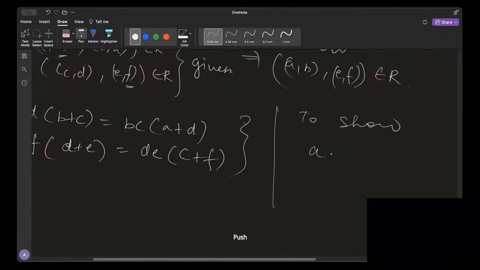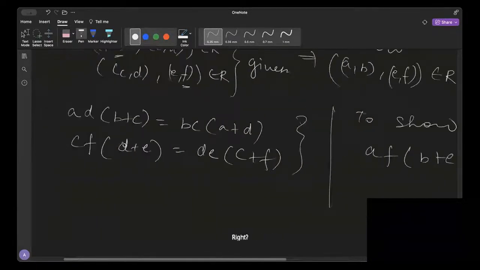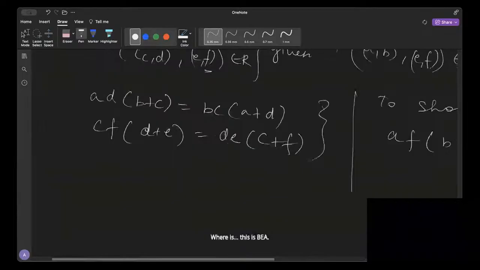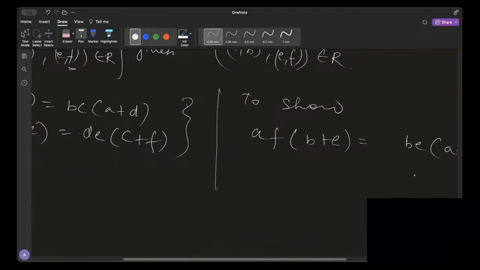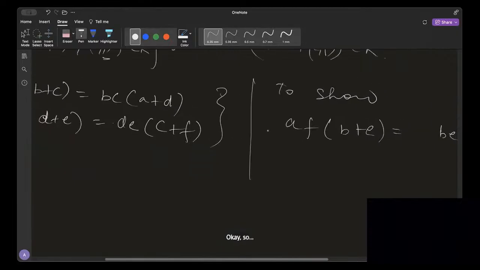To show is AF, B plus E is the same as DE, A plus F, right? Where is this, is BEA? Do we have BEA anywhere? No, we don't. We don't have direct things here, right? Okay, so